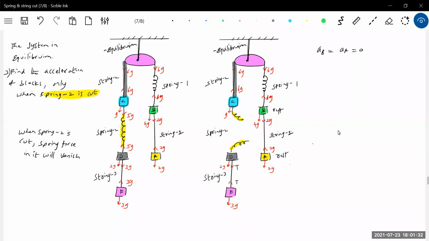But sir, here some force changed. But the string is directly connected to the spring. If the force in spring 1 changes, then only the tension in string 2 will change. So it is directly connected, and this will not change. Okay, there is one primary point. Next again,